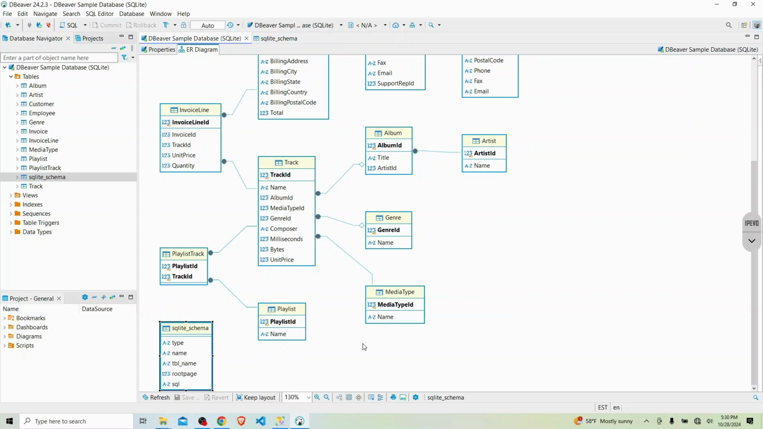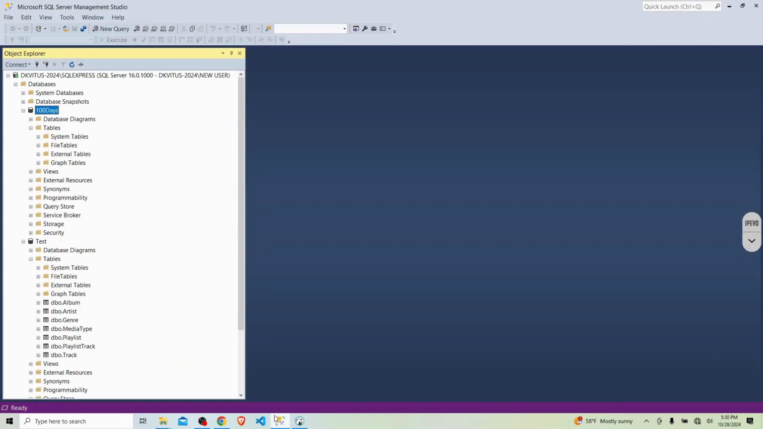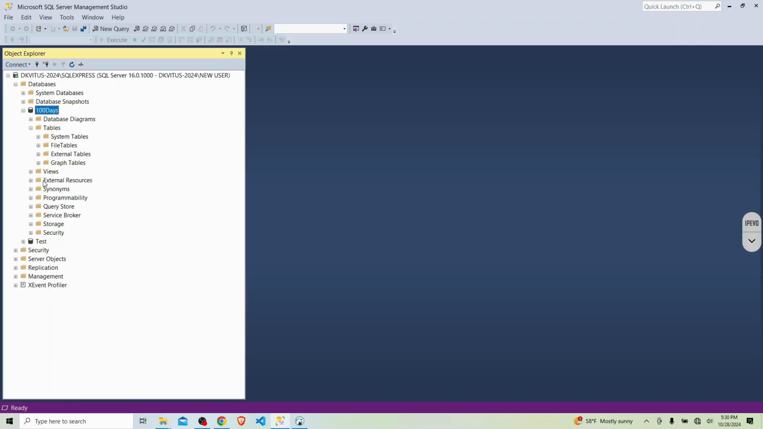SSMS. I'm going to switch over to SSMS to show you what I mean. So these are the tables that have been replicated here. I'm going to do the same thing, not in the test database, but in the 100 days database. So let's switch back to